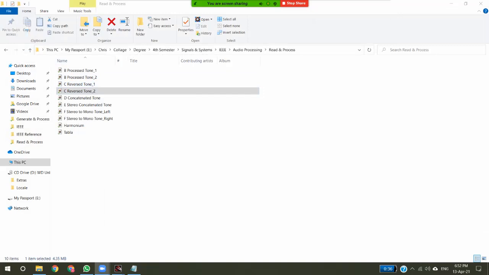Yes, ma'am. As we can see, the processing of the generated tones was more accurate compared to the pre-recorded tones, which was very much visible in the stereo concatenated tone, as the left and right components were not accurate in the case of the pre-recorded tones, but it was more accurate in the case of the generated tone. With that, we'd like to end